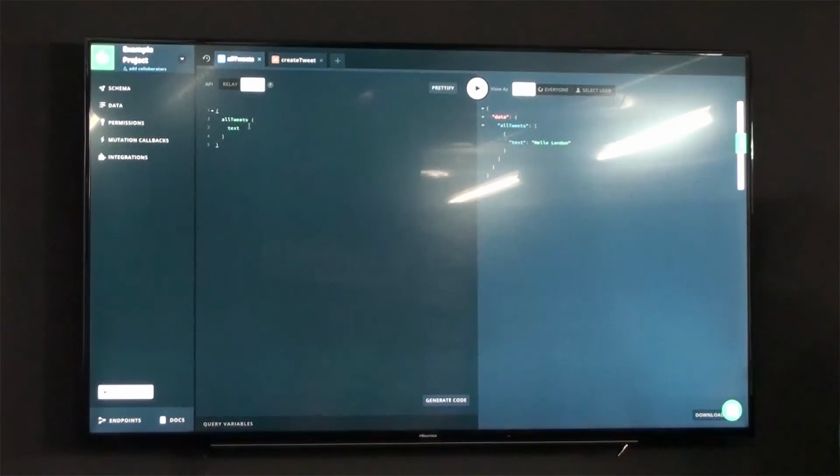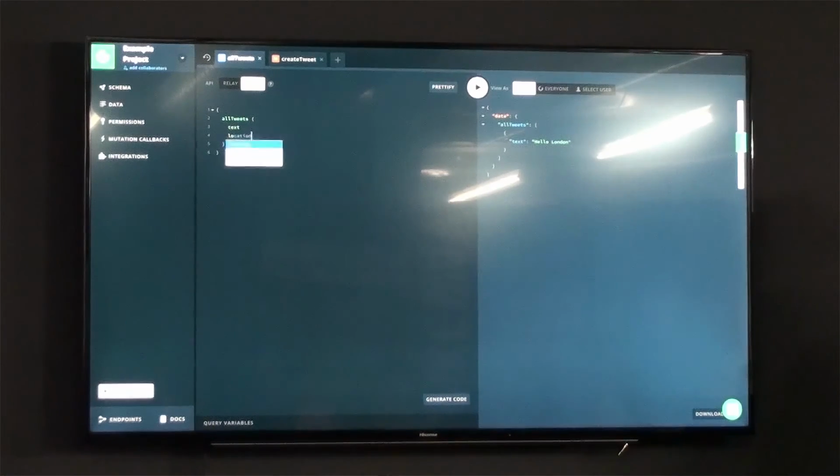What we also can do, which is super helpful, are nested queries. Here, for example, we've created the relation between a tweet and a location. So we can directly get the location of a tweet. Let's get its latitude and longitude. We can query that. Of course, this tweet doesn't have a location yet.